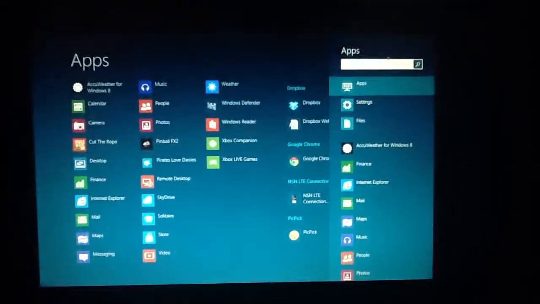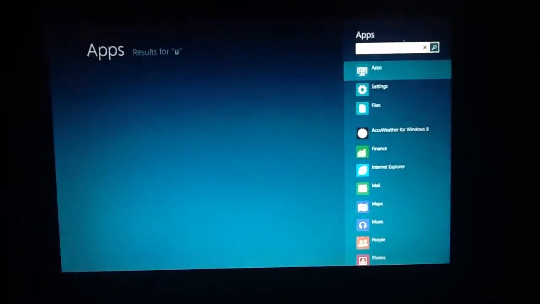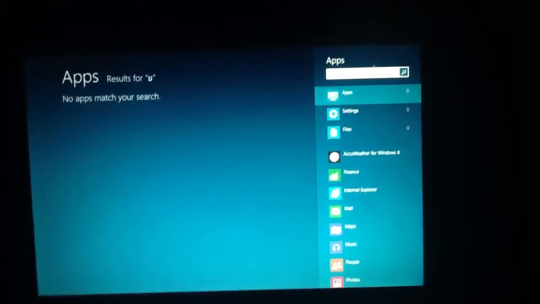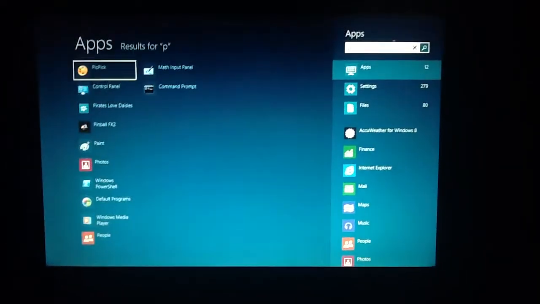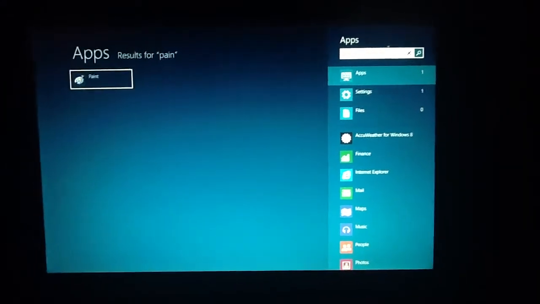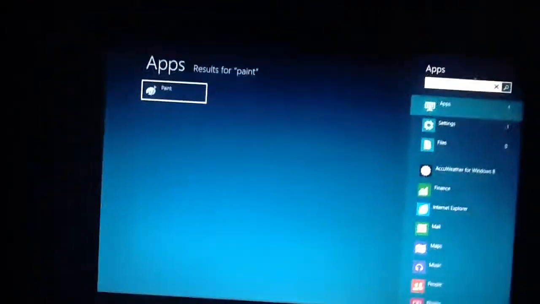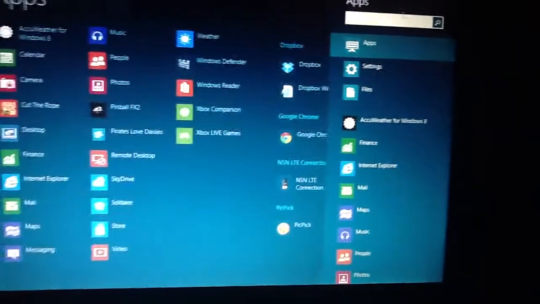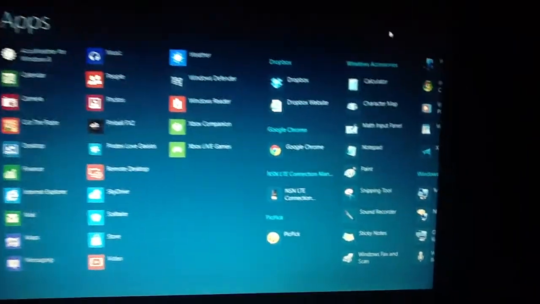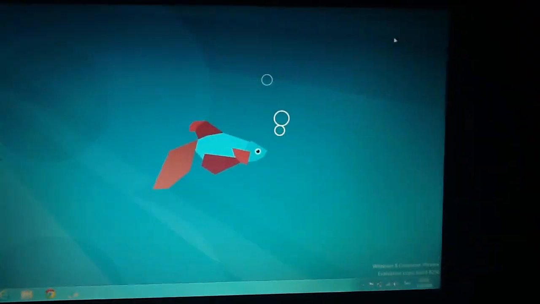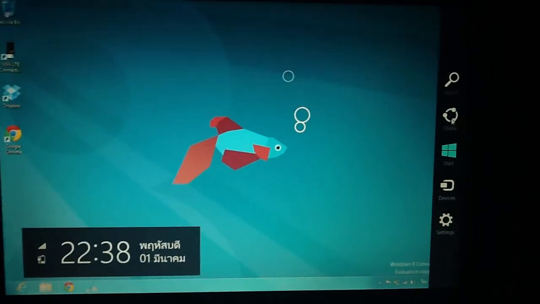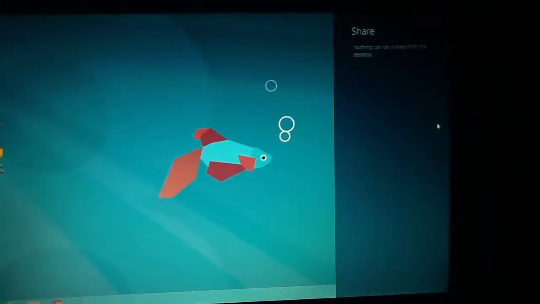I want to use Paint, Microsoft Paint. I just type it. Oh, it's in Thai. Sorry, I need to change it. Paint, and then voila, it's here. Escape, and escape to go back, and escape again to go back to the desktop. Okay, let's look at the other ones. The share charm will share anything with